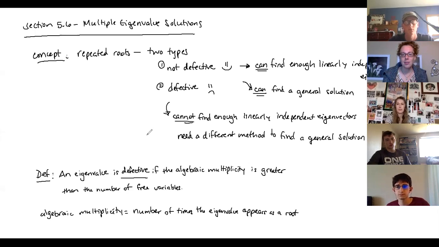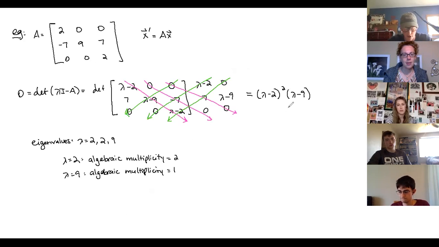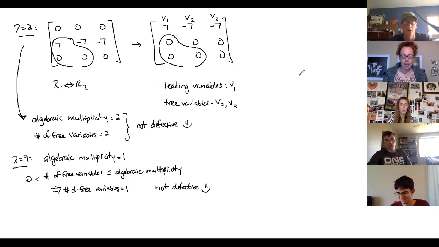Other questions? Stuart, yeah. Could you just go back through how you're finding the leading variables? That's just the first one in its row, right? Yes, the first variable. Let me do another example and I think it'll help with finding leading variables. Okay. Other questions? Anything else? Good questions so far. Other ones? Okay, let me